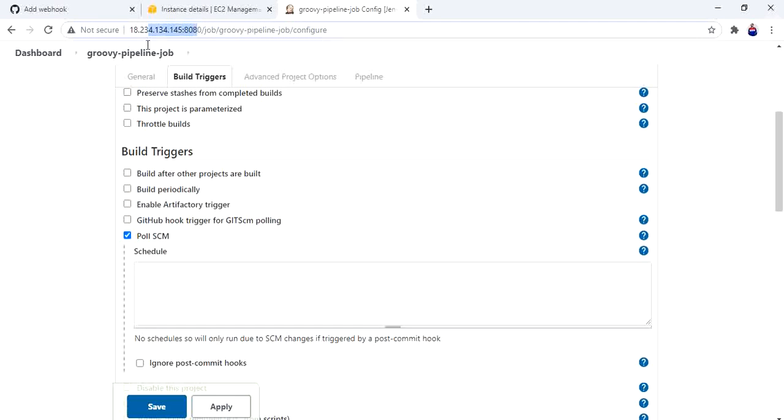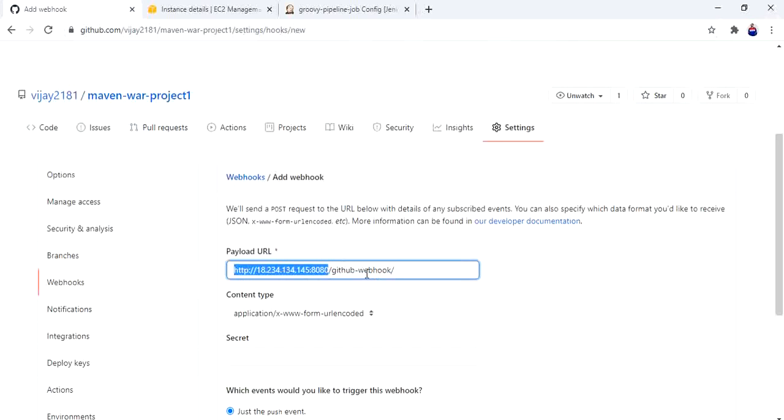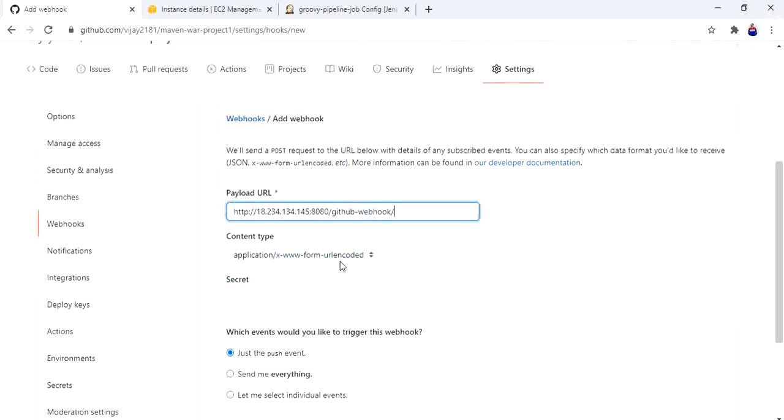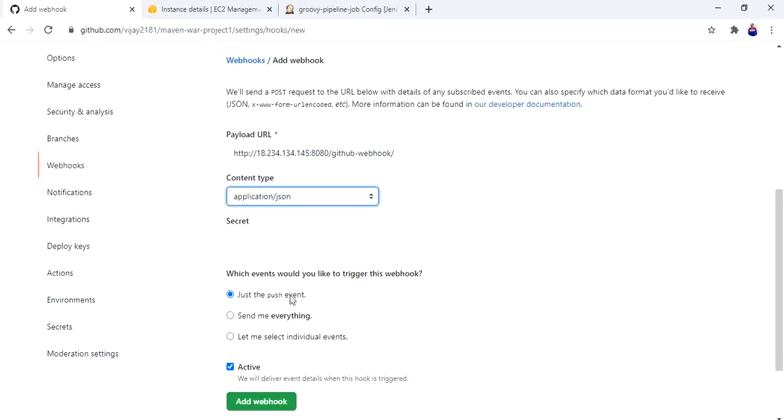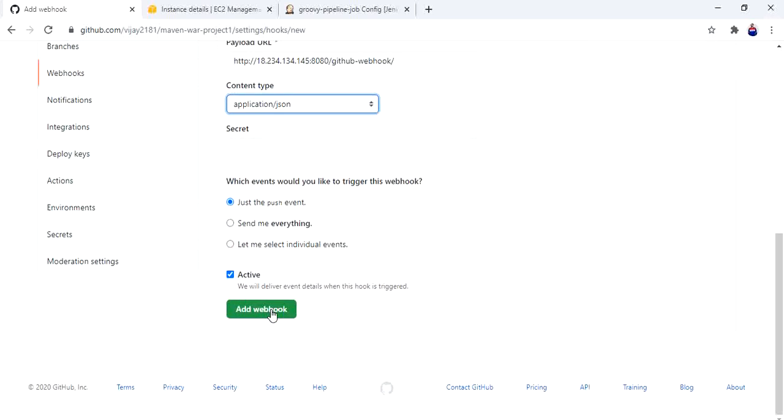Next, slash github hyphen webhook, and don't forget to mention the forward slash at the end. Follow this syntax. Next, content type, let me select JSON, and this webhook should intimate Jenkins when a push event happens. Okay, add webhook.